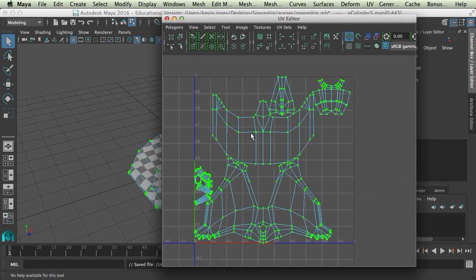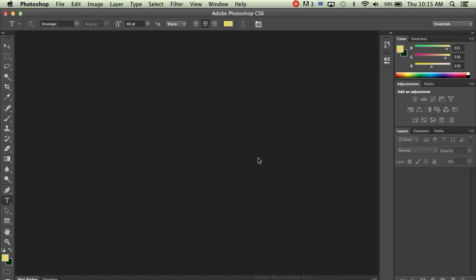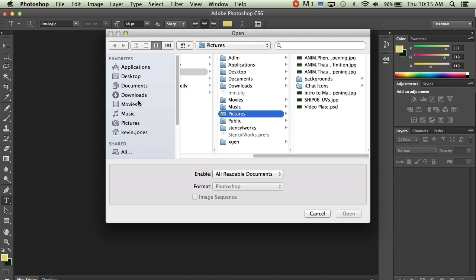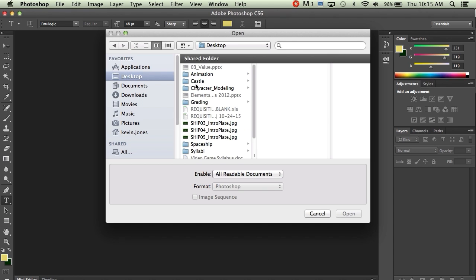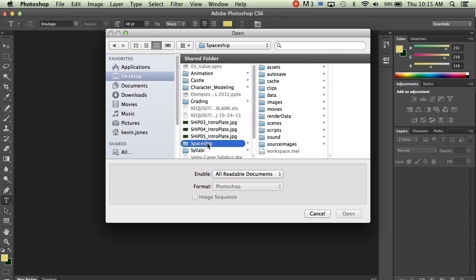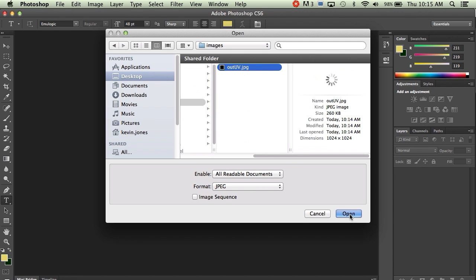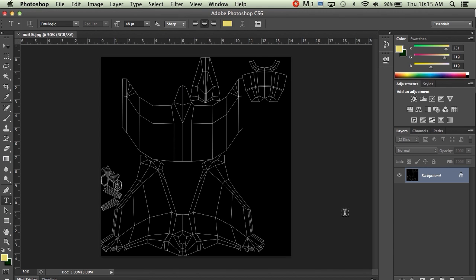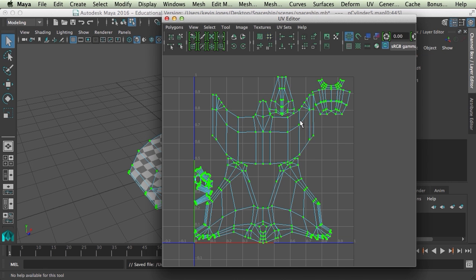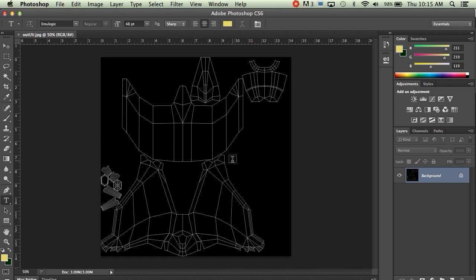So then I can switch over to Photoshop, and I can open that file. So that was on my desktop, inside of Spaceship, and then inside the Images folder. I can open that up, and it should be black with white lines on it, and it looks exactly like our UVs here. So to set this up,